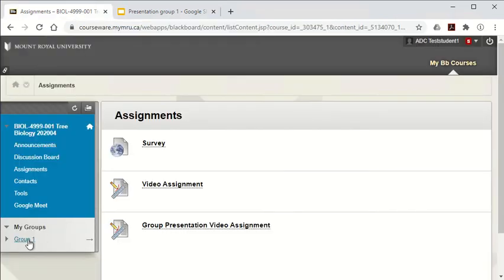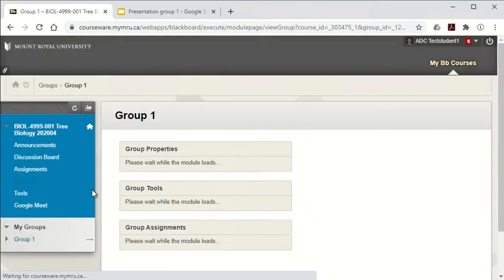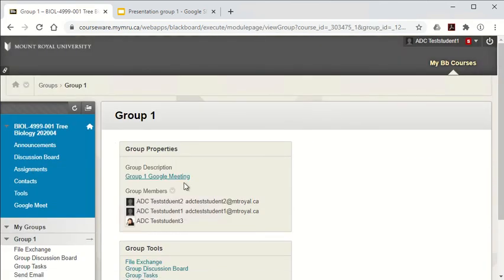Now, when I go into the groups, I could either click on group 1 and click on group homepage, or as a shortcut, I could click on this arrow, which brings me to the same place. I noticed that there is a link here to a Google group meeting that my instructor made for me so that I could have breakout rooms during a class, but I am not going to use this one during my